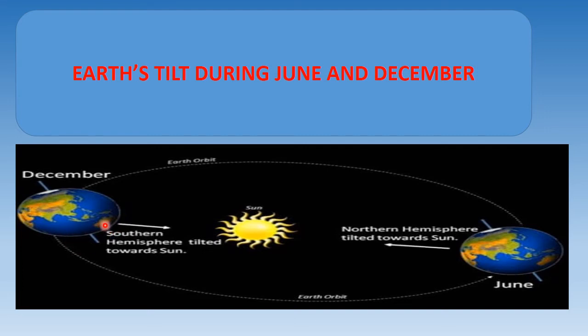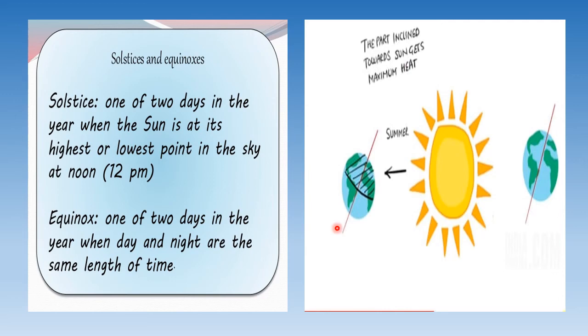And now because of the tilt only, when it is Christmas in December in say India, in Europe, in US, the same Christmas is celebrated in the summer season in Australia. Now again the same thing, it's more clearly shown. It is actually your axis, and this is not straight, it is tilted.